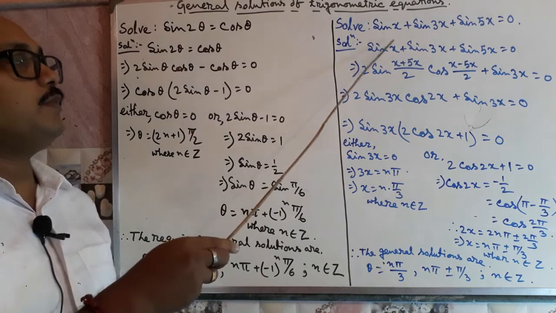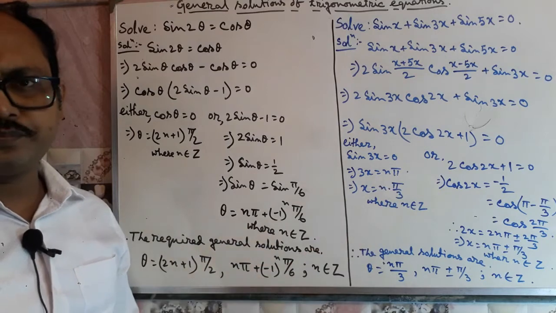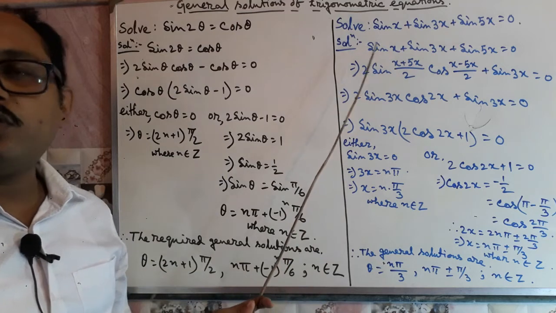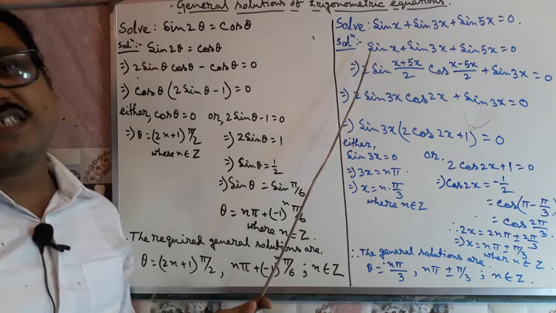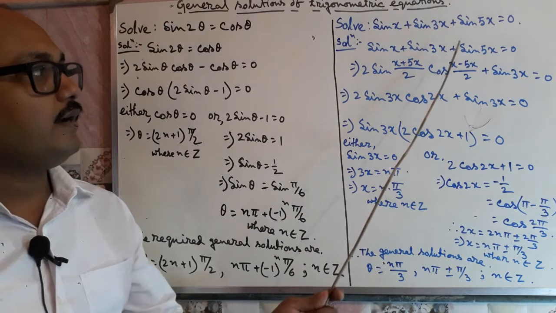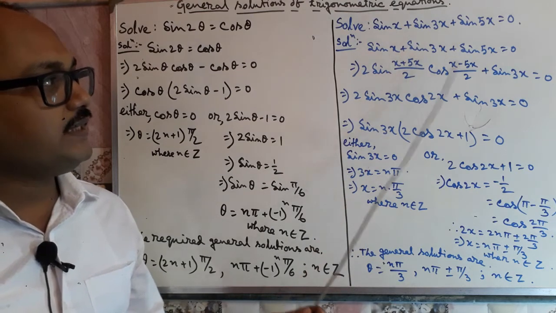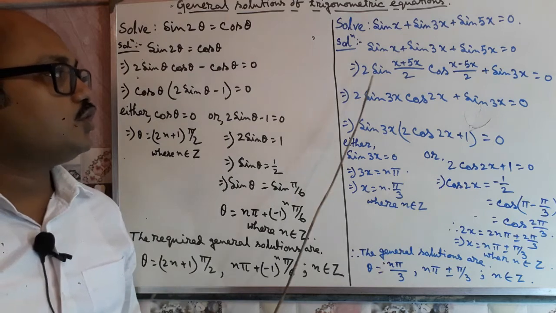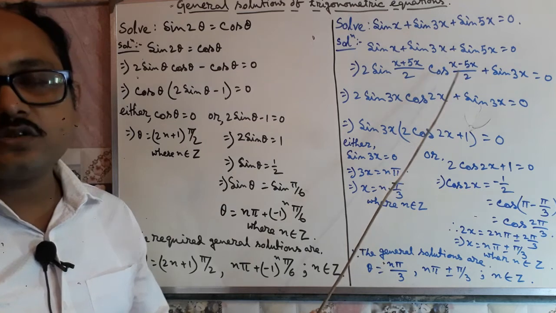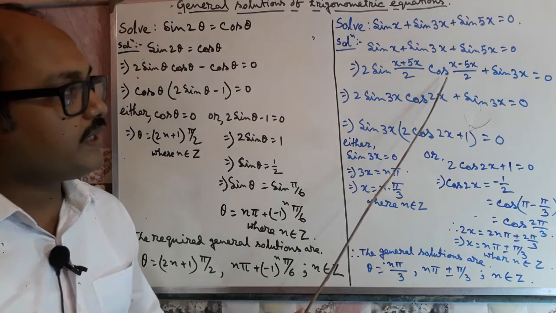Another problem, it is given sin x plus sin 3x plus sin 5x is equal to 0. So take this sin x and sin 5x together. What is the formula of sin c plus sin d? 2 sin (c plus d) by 2 cos (c minus d) by 2. Using this formula on sin x plus sin 5x, and this sin 3x remains separate. So it will be 2 sin 3x cos (minus 4x) by 2, that is cos of minus 2x, and we know cos of minus theta equal to cos theta.